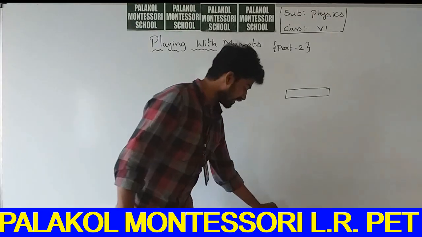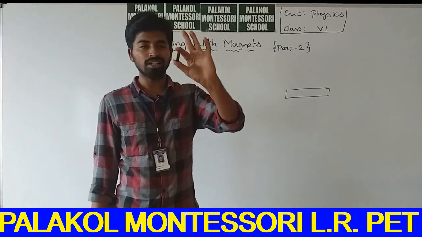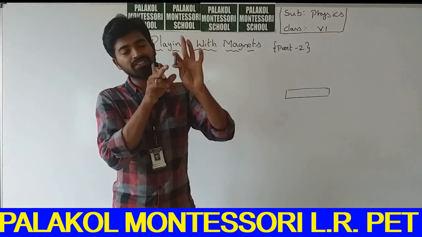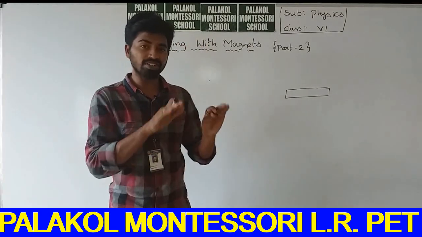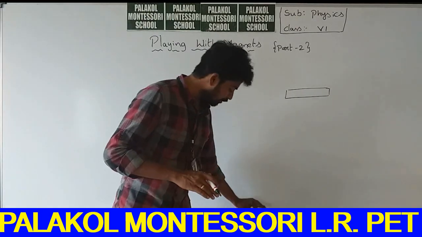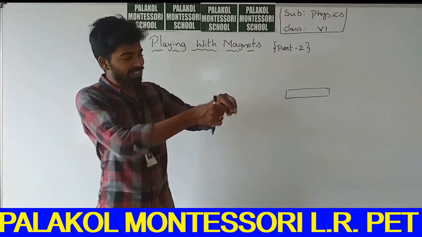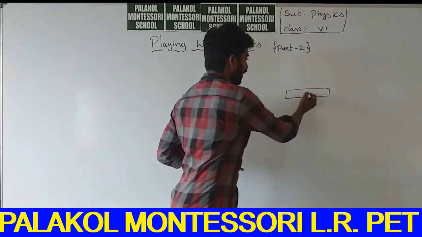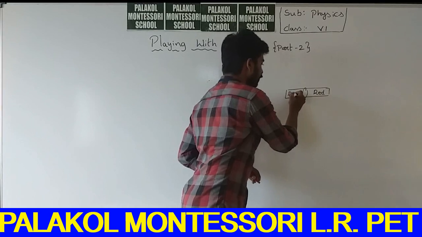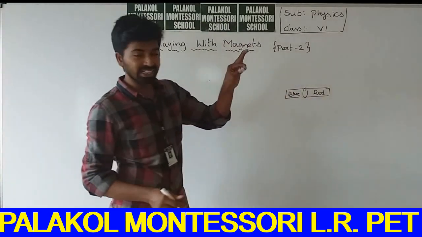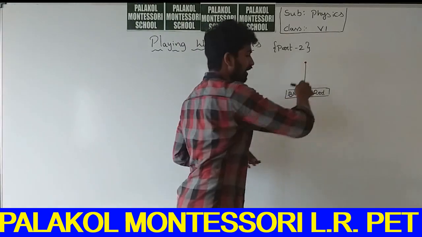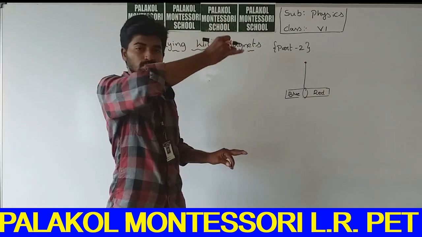There is another bar magnet, which is very small. Half of it is colored blue and the remaining half is red. I will explain later why there are two colors. Here you can observe the two colors. I will tie a thread to this bar magnet. One side is red, another is blue. I tie a thread to the bar magnet and hold it freely suspended like this.